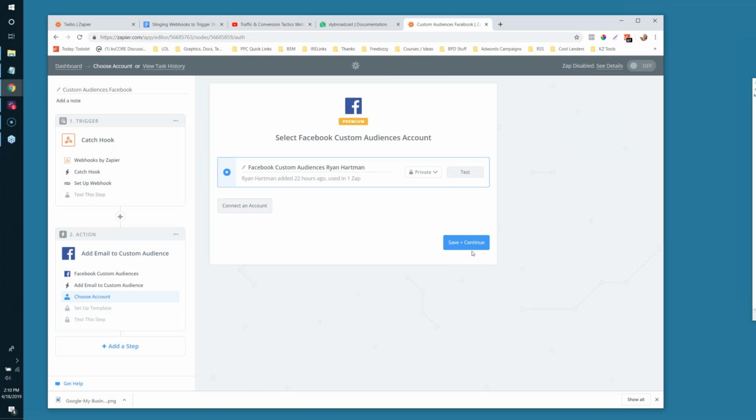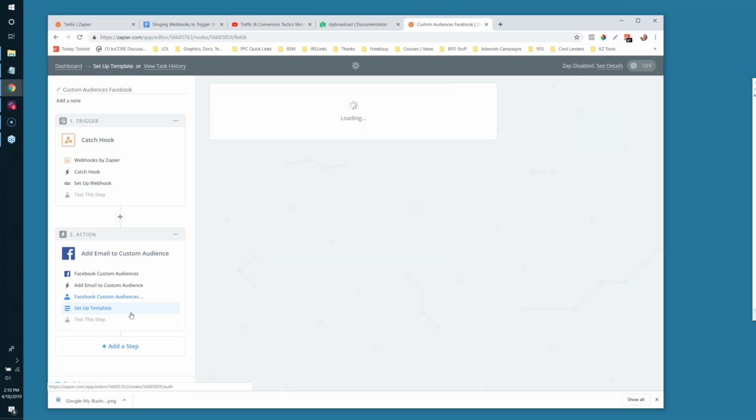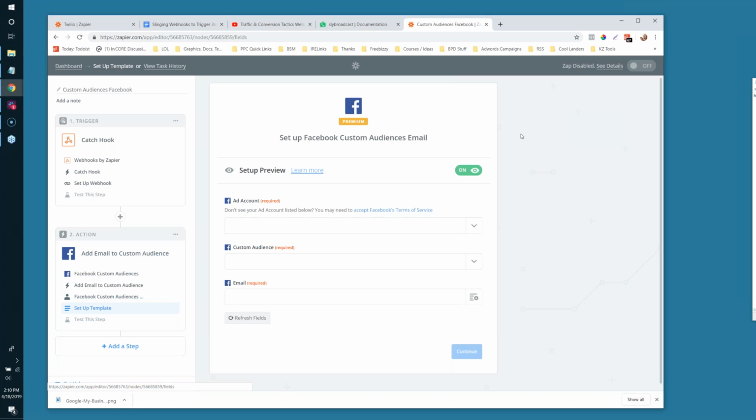And it's this part right here. I've got my account linked up. It's this setup template part that I want to illustrate for you. What's happening with this webhook and the use of Zapier is that kvCORE is going to send information over to here. Let me get my pen. They're going to shoot information and dump it into this hook. See how it says catch it? And Zapier is going to catch